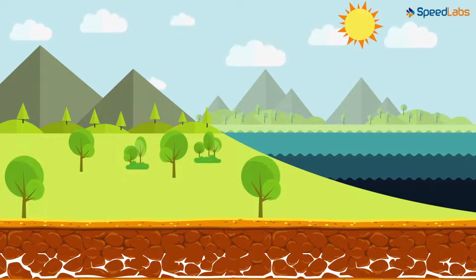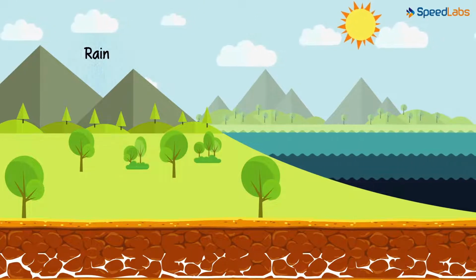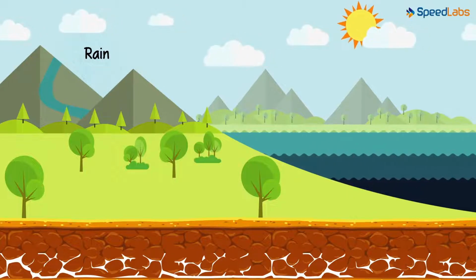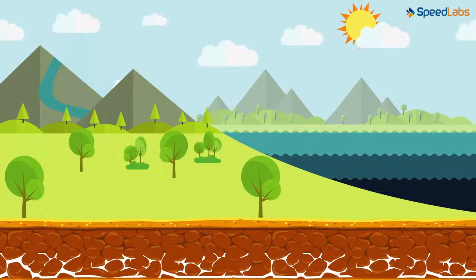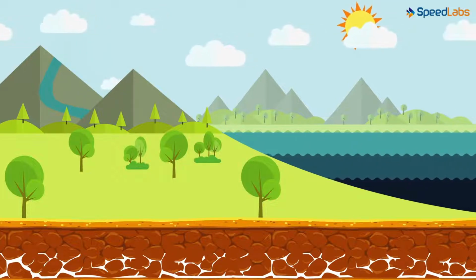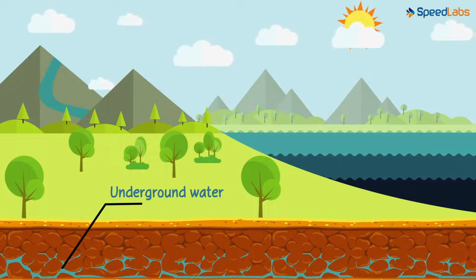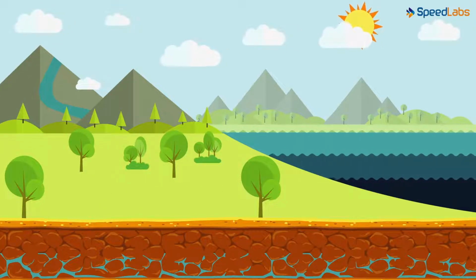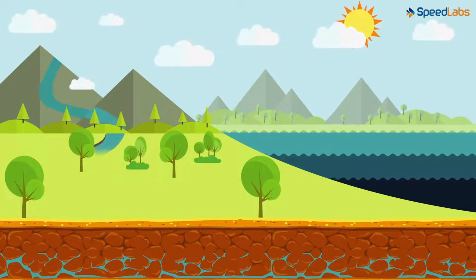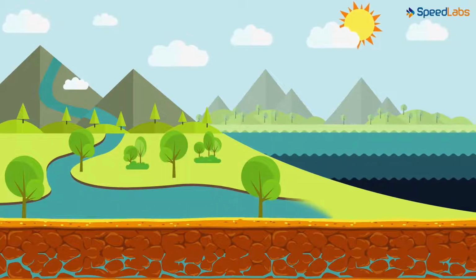And do you know what clouds give us? That's correct. They give us rain, and all the evaporated molecules now come down once again as rain. But wait a minute. Do all these molecules fall directly back into the seas? Of course not. Some molecules find their way into the underground water after seeping into the soil, while some are stored in reservoirs. Other molecules move into freshwater sources like rivers, which then flow into the seas.